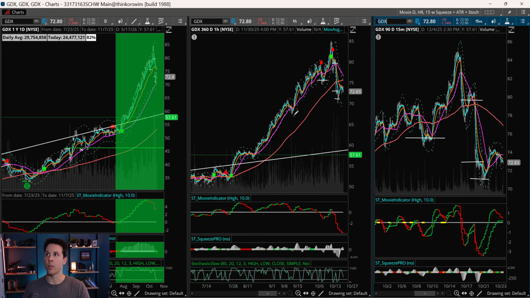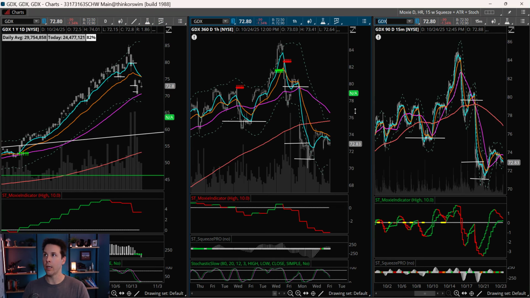I actually shorted GDXU, and we got 27%. I originally shorted it here. It did bounce on me, and it was definitely against me for a while. But based on my experience and just being in this game for a while, I had a feeling I needed to hang on to this one for a little bit. I didn't load the boat on that. I said, we need to wait for the next opportunity. And right here, when it bounced on the way down, was where I took the other opportunity. I added to the position. And then you can see the very next day, it went absolutely straight down.